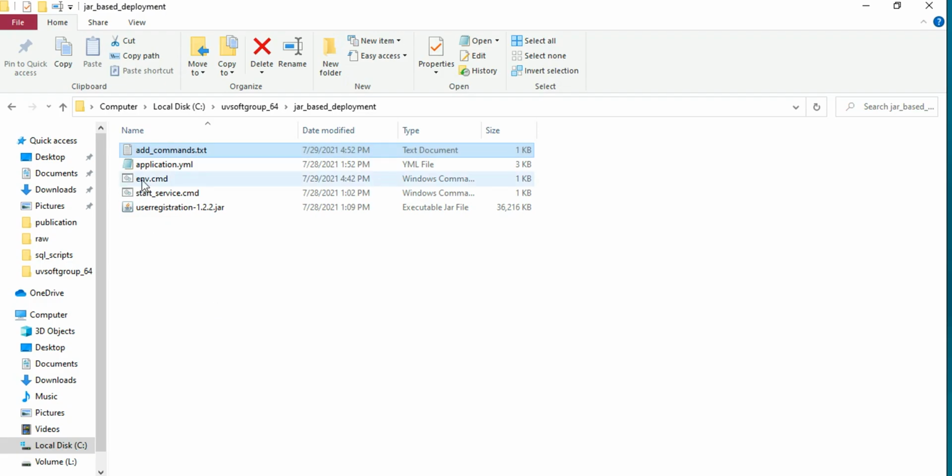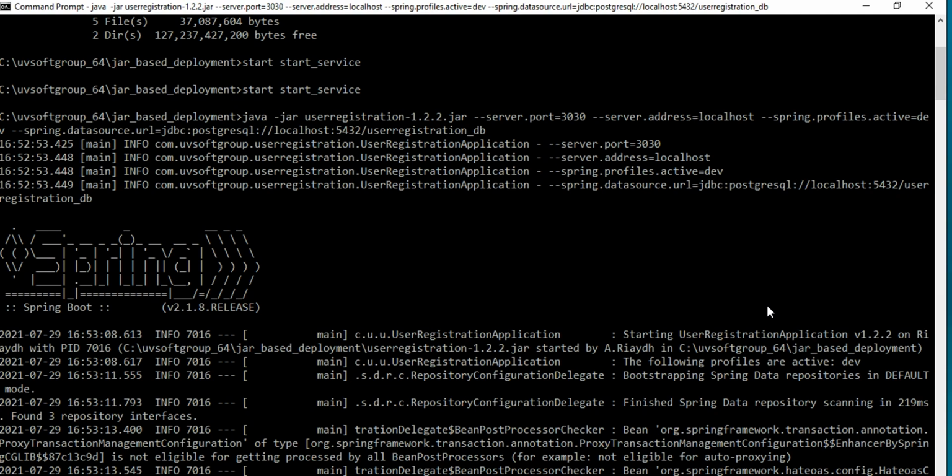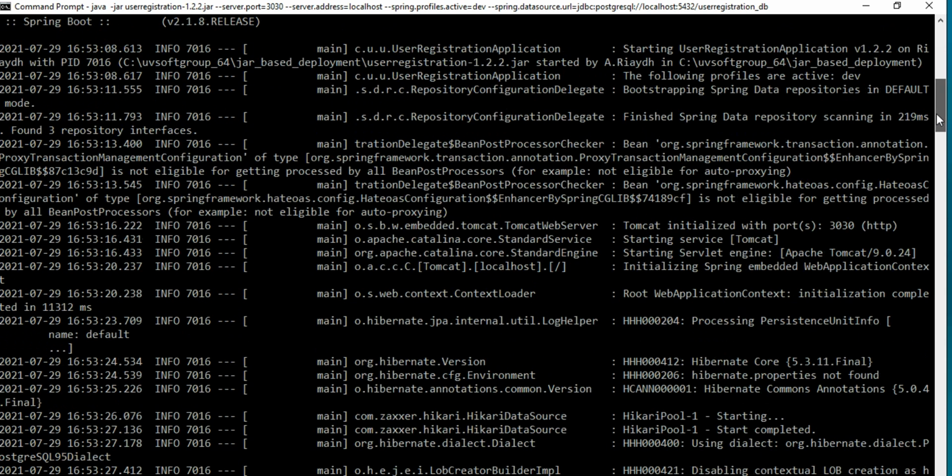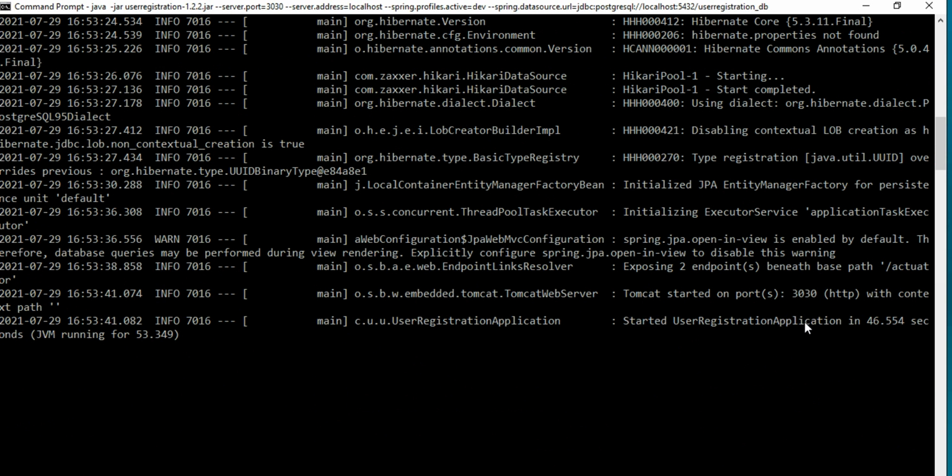What we did here with these files is that your application is now simply a command line tool. We're running the application as a jar command, nothing more, and we put everything in a single line of code. So you see it here, java jar, and so on and so forth. It's okay. So it's working. So 3030 is the running application. So what we need to do, the application